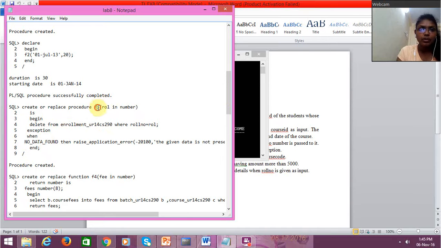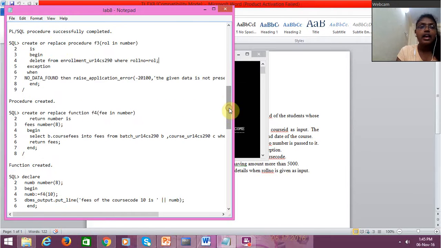I am passing the roll number. If the roll number is present, I use the where condition to delete the data from there. And if no data is found, then I'm raising an application error